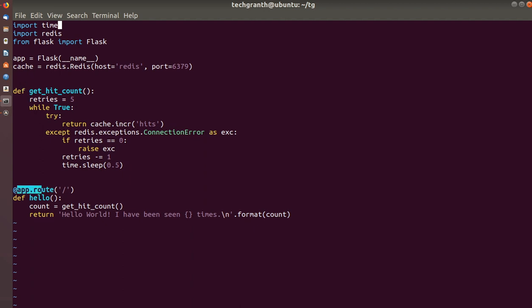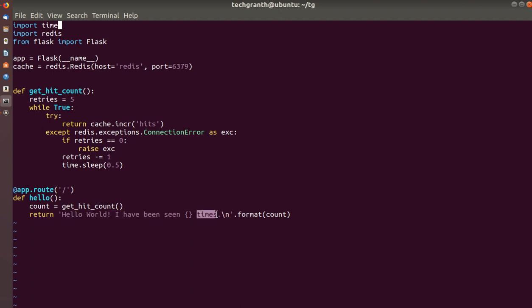Then we will be using the app.route function. With this app.route we will use slash, and with this we have one more function, hello. We will be counting using that get_hit_count function, and it will return Hello World, I have been seen this many times.